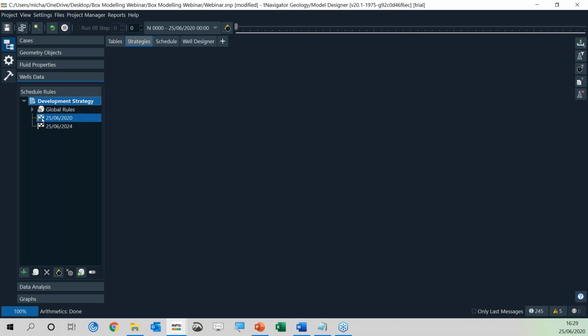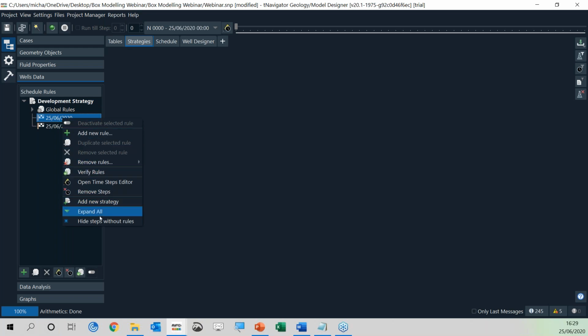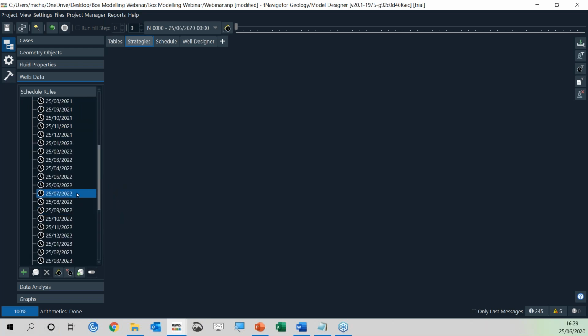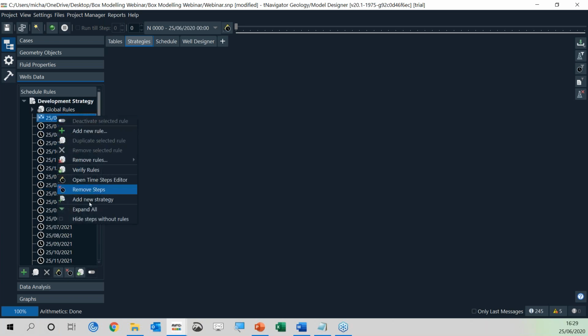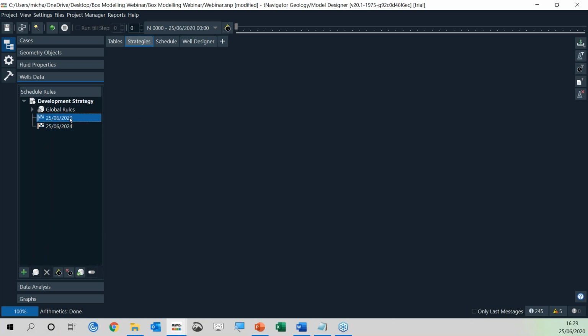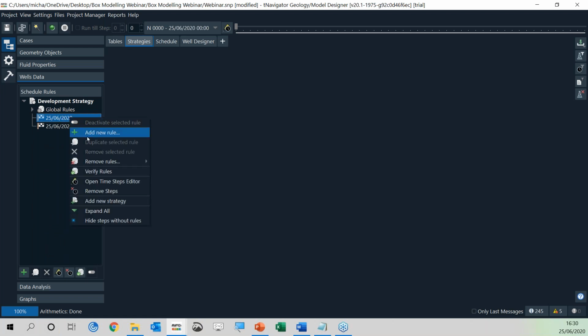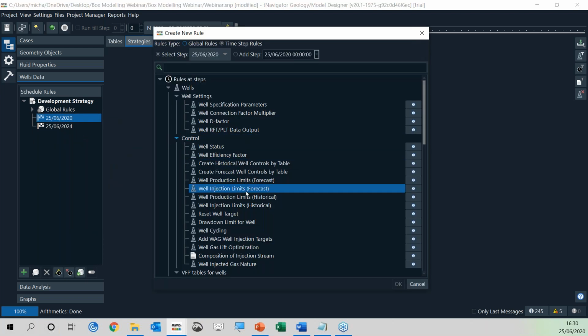So I'm going to expand my development strategy, and you can see that we have our first and last time steps available to us on the left-hand side. If you right-click on one of the checkered flags, you can untick hide step without rules, and you get all of your time steps. Just to keep it a bit cleaner, I'm going to keep them ticked. We're only going to play around with our first time step anyway. So let me right-click on the first time step, select add new rule,